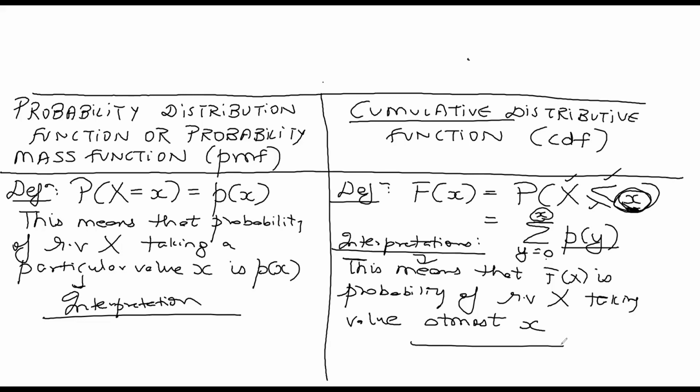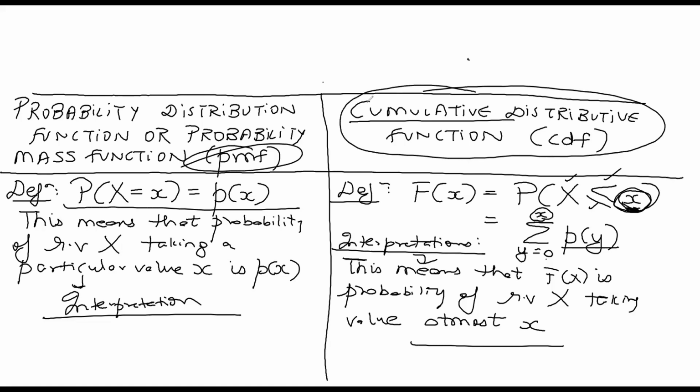Exactly equal to x means probability mass function. At the most x means cumulative distribution function. It means you are adding all values of x to the left of this small x. When we do a numerical, you'll be able to understand 100%. Right now, you must have understood around 85% of it. But when we actually solve a numerical on CDF, you'll understand in a better way. But I hope everyone has understood at least 85% in terms of mathematical notation and interpretation.